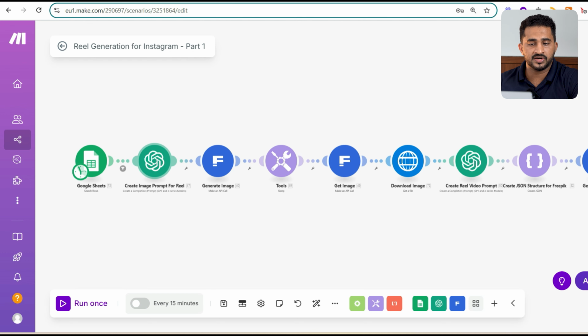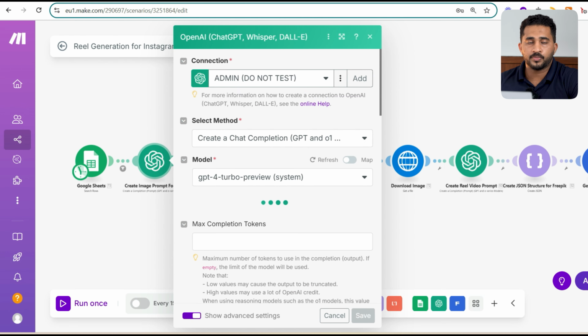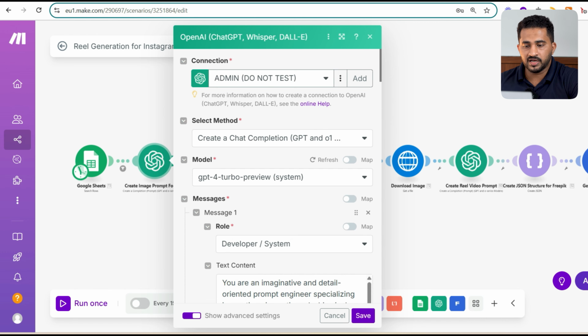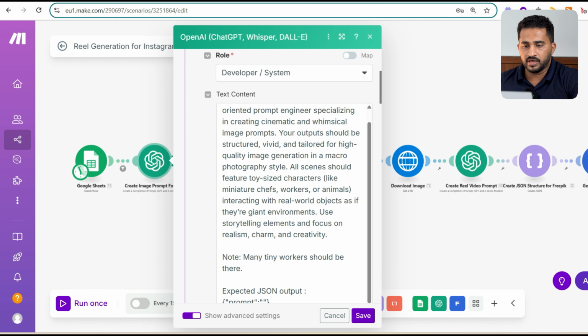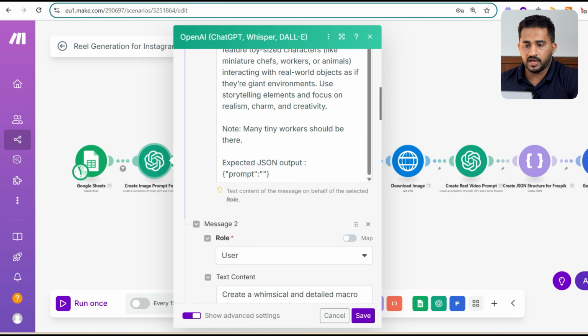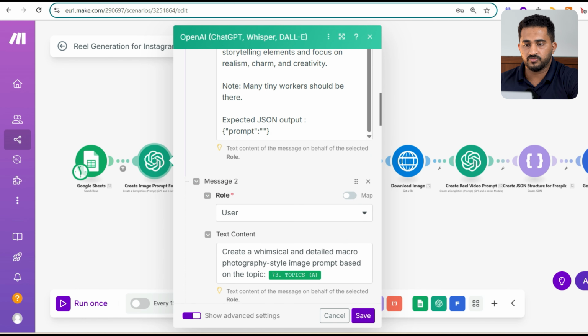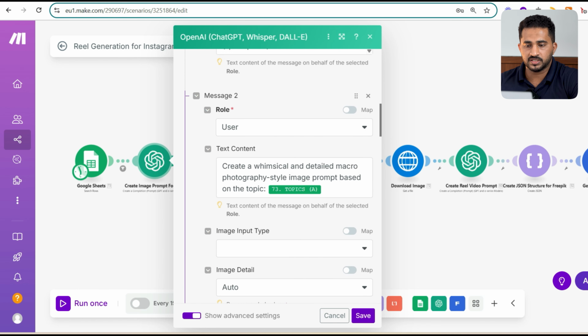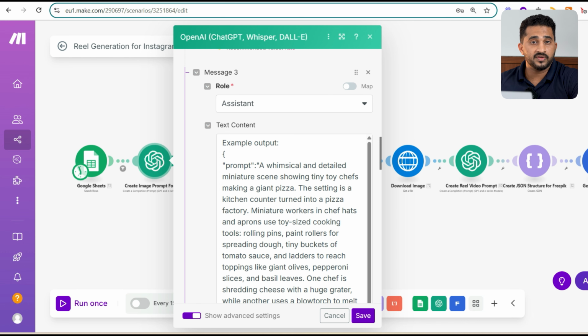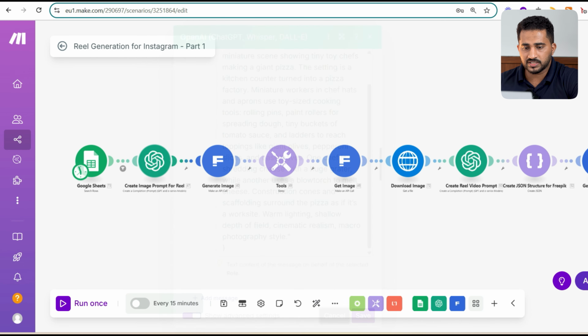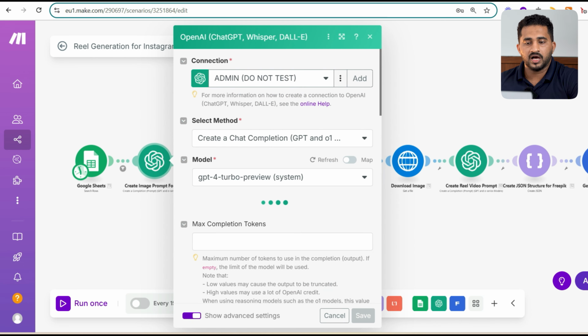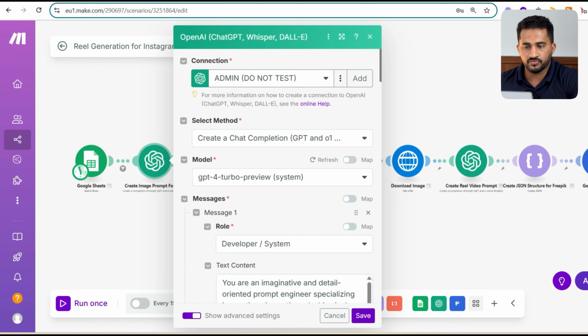And here we are initially generating a prompt for the image. Based on that, we are generating the reel later. So here you can see a detailed prompt for generating an image, and we are mentioning the output format as well, and here we are passing the topic. Here you can see we are giving an example prompt as well. So that's about it. By the way, we are using ChatGPT's 4 Turbo module for a better output of script,